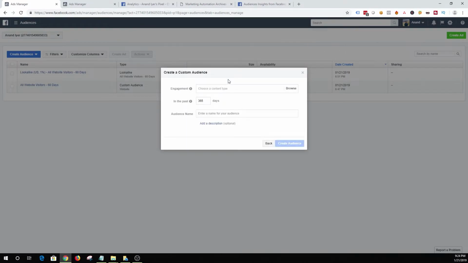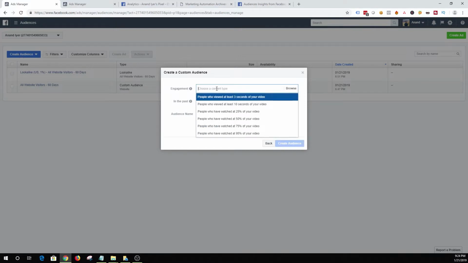So Facebook has this awesome feature where it can try to build an audience based on how many people watched your video. So you can choose these 7 different options over here. People who viewed at least 3 seconds of your video, people who viewed at least 10 seconds, 25%, 50, 75,